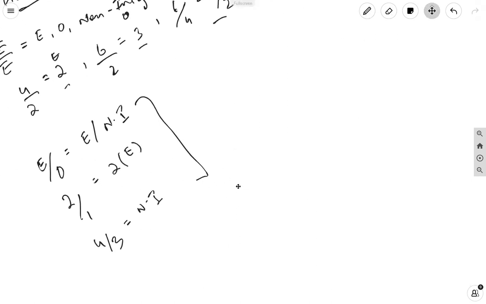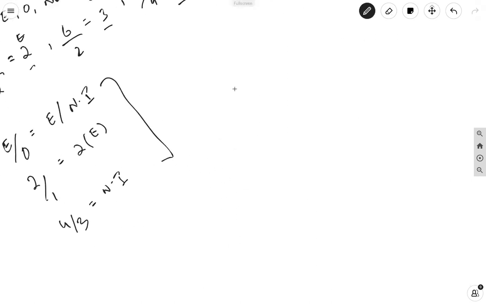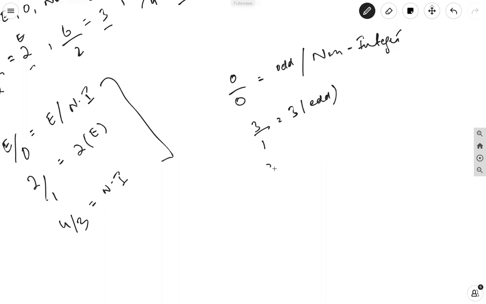Now moving to the third case. If both of these are odd, if you are dividing odd by odd, in this scenario, there could be either an odd answer or there could be a non-integer value. Whatever I'm writing, just practice along. This will be helpful. Okay. So if this is 3, this is 1, the result is 3, which is odd. If this is 3, this is 5, the result is a non-integer,